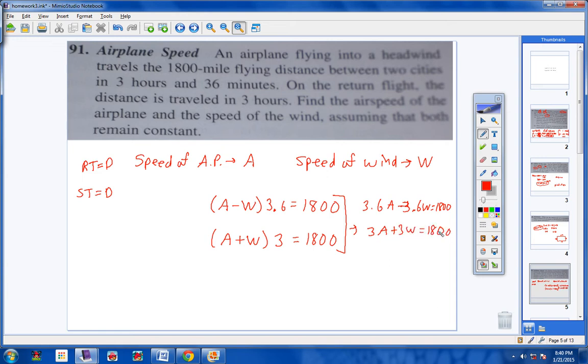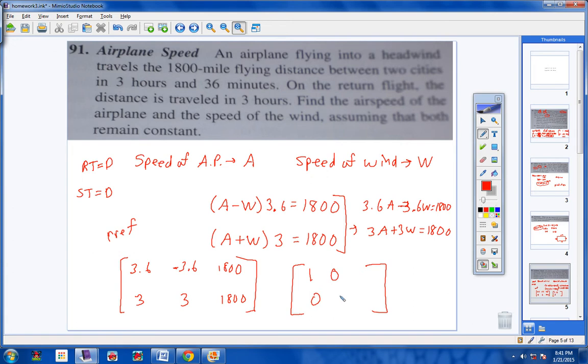So go ahead and type this into your calculator very quickly. Go to your matrix button. You're going to enter a 2 by 3, and it should look like this. 3.6, negative 3.6, 1,800. You can enter that very quickly. And then 3, 3, 1,800. Okay? And then go to your RREF button and do reduced row echelon form to this matrix right here. And if you do that correctly, you will get out a matrix with a 1 here, a 0 here, a 0 here, a 1 here,